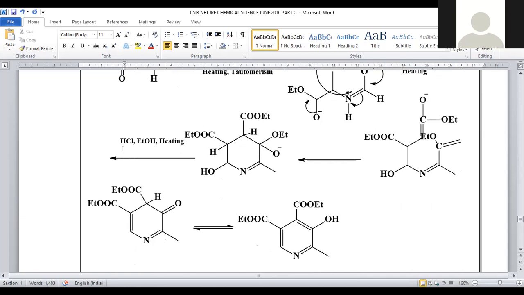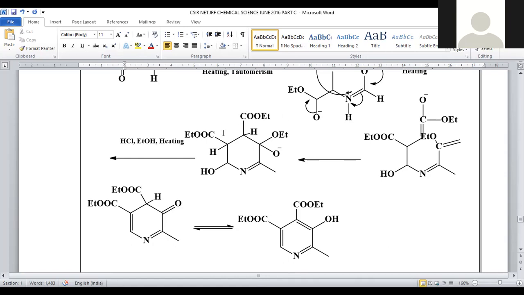After getting the 6-membered ring system, what are the conditions? We have to treat with HCl, ethanol, and also heating. What will it do? Upon heating, the OH groups present in suitable positions get dehydrated. Dehydration is carried out. Here we got a double bond. When HCl is added, this OEt will be protonated. When OEt is protonated, it will be easily discarded, and this O minus will be back polarized so that it converted into a ketonic functional group.